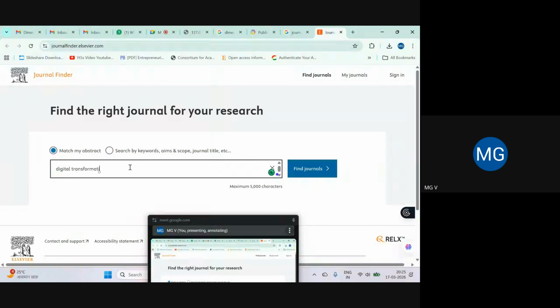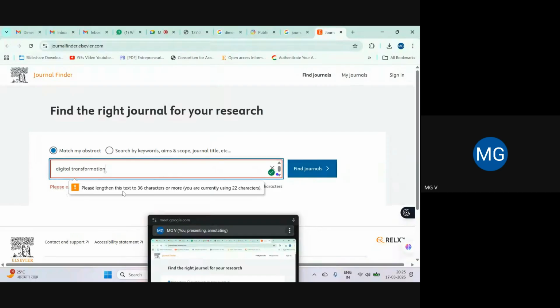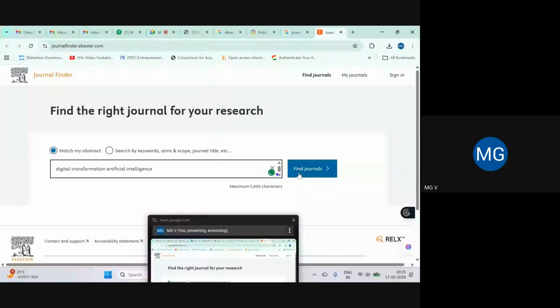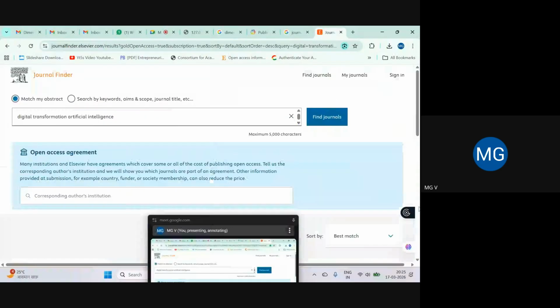Find journals. Artificial intelligence. Now see. Find journals. If any relevant journal is there, the list will be popped up here.